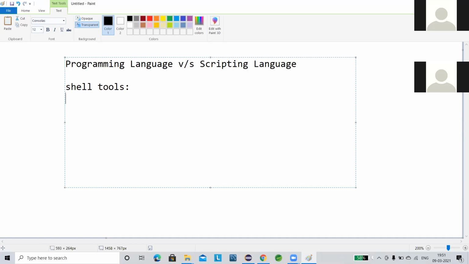Next is that it is a control language. So what do we mean by control language? The simplest thing is that it is used to control and direct other application components. Simple and straight.